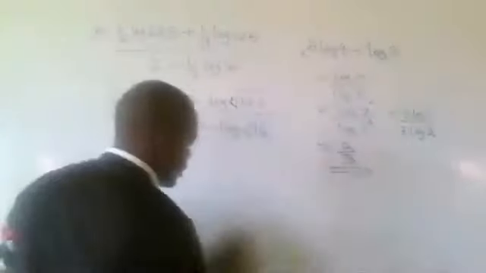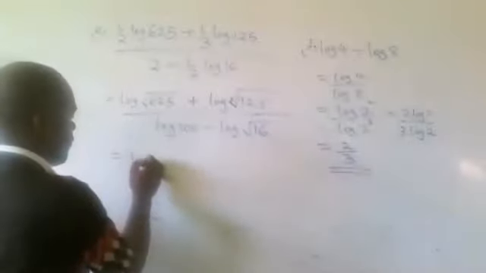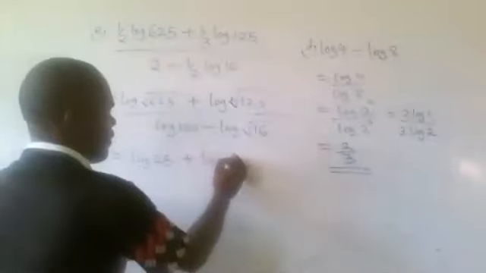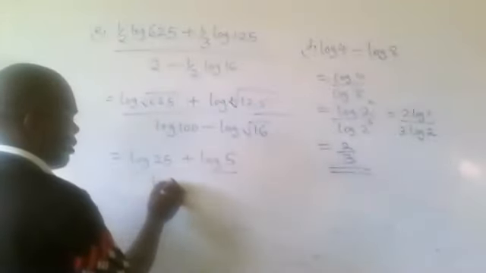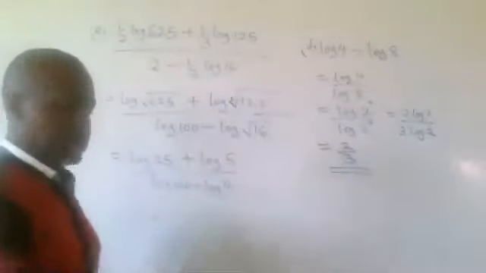So log 625 is the same as log 25 plus log 5 over log 100 minus log 4. So this is the same as